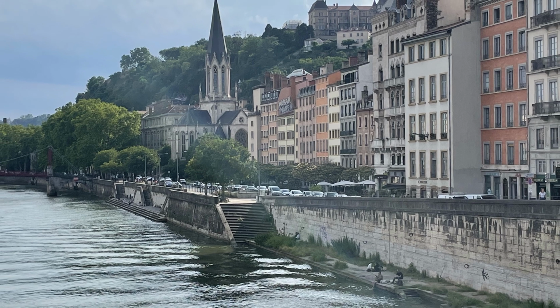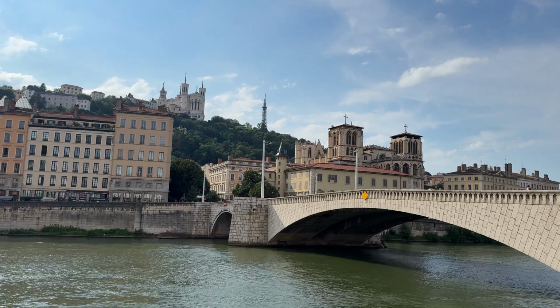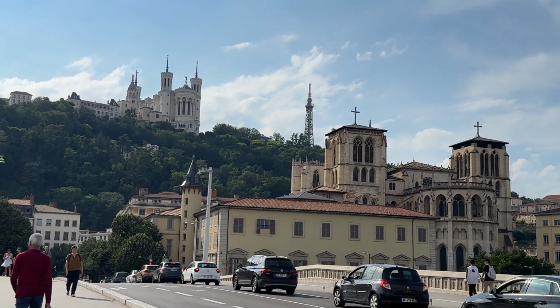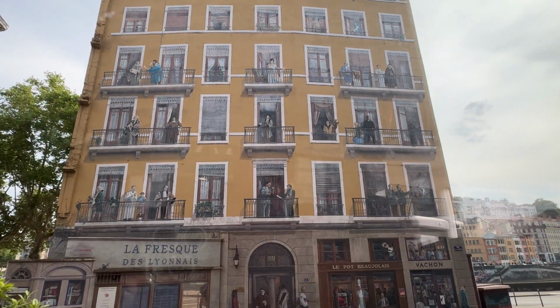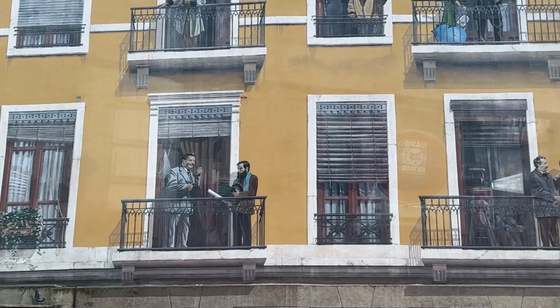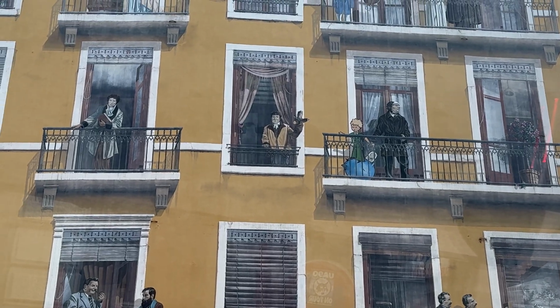We have arrived in Lyon in the late afternoon of one of the warm and nice summer days. Lyon, the capital city of France's Auvergne-Rhône-Alpes region, sits at the junction of the Rhône and Saône rivers. Its center reflects 2,000 years of history, from the Roman times, medieval and Renaissance architecture in Old Lyon to the